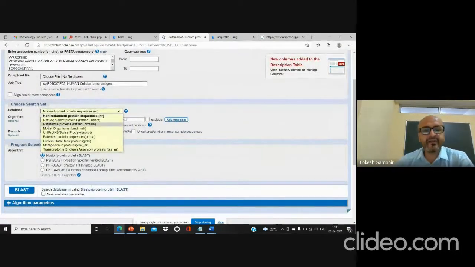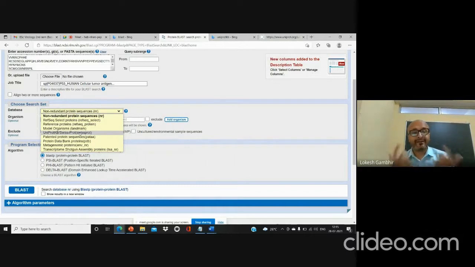There is a certain set of databases. If you use NR, it is non-redundant protein sequences. It will search all the databases that are available with BLAST, and it will give you the complete result. If you are specific to a certain model organism, you can select that organism. If you want your search to be targeted only towards Swiss-Prot, then you have to select that portion, and the search will only be focused in that section.